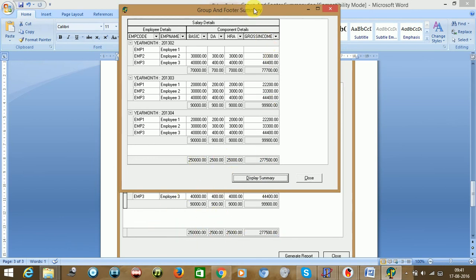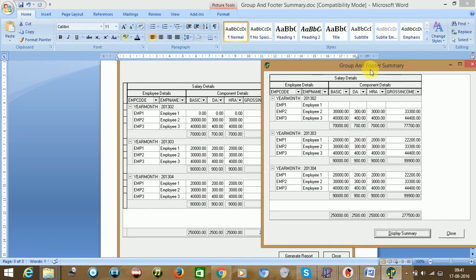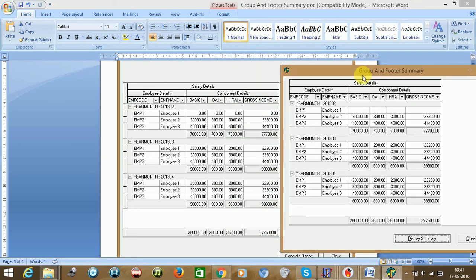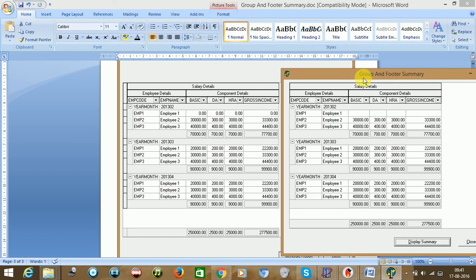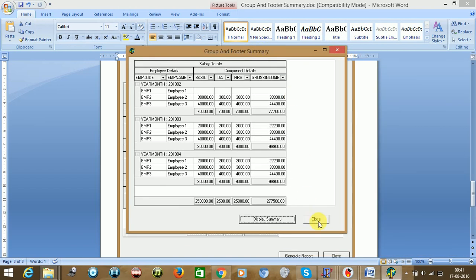Now just keep it here, a little bit like this, and see. 7,700, 7,000, 7,700, 7,000, 77,700, same. 9,900, 9,000, sorry, 90,000, 70,000, 90,000, 900, 9,000, all are same. So this is what I was talking about.